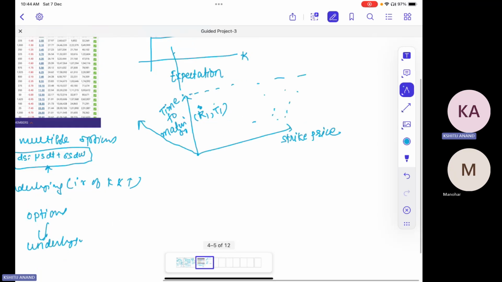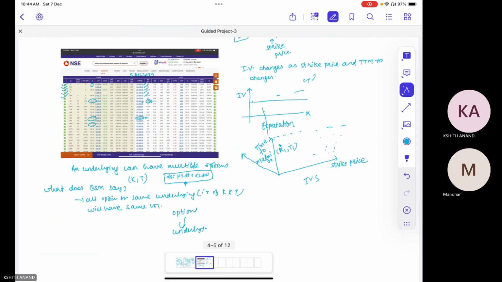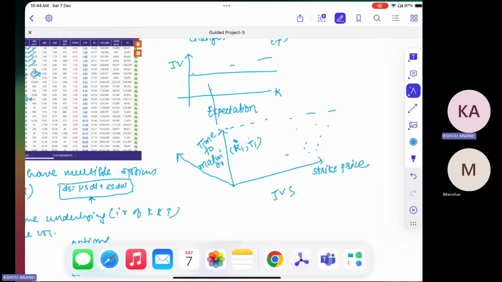What is an implied volatility surface? On the x-axis, you have strike prices. On the y-axis, you have time to maturity. Now, all points on the xy plane correspond to a different option, right? Now you calculate the implied volatility for each point and plot it on the z-axis, right? Now combine all those points, you will get a surface. This surface is called the implied volatility surface. Any doubt? So if I try to show it,